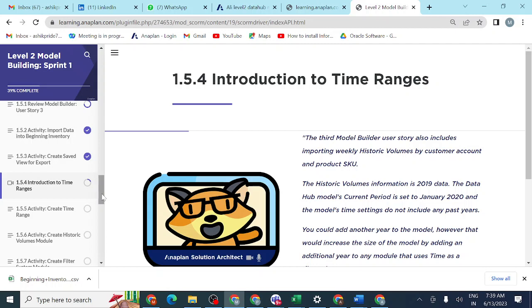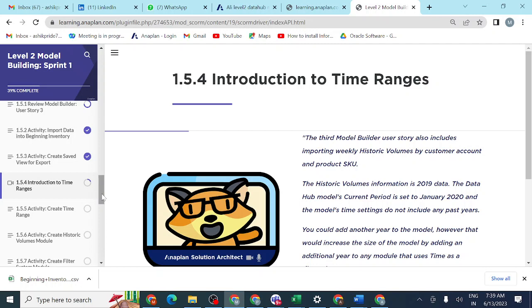For example, the entire model uses 3 years of data, but unfortunately for one module we want 5 years of data. In that situation, what should we do? Do we need to increase the entire model to 5 years, or should we increase only that particular module to 5 years?